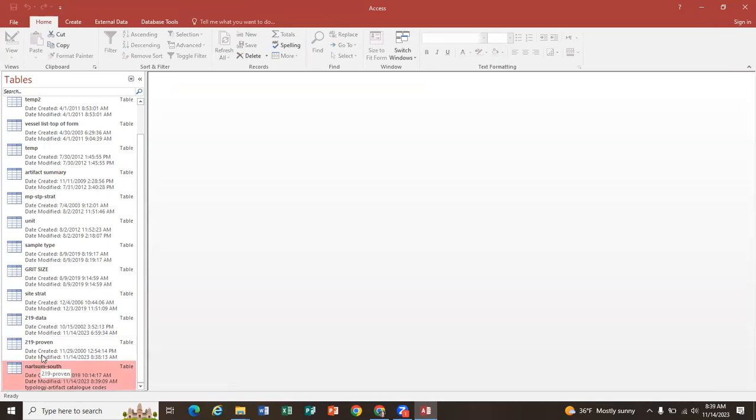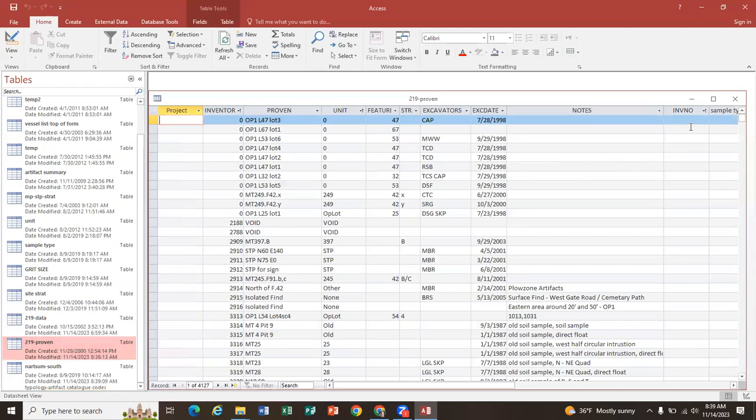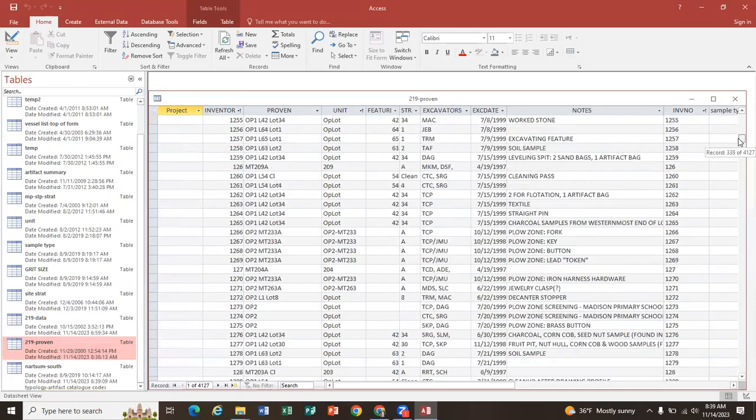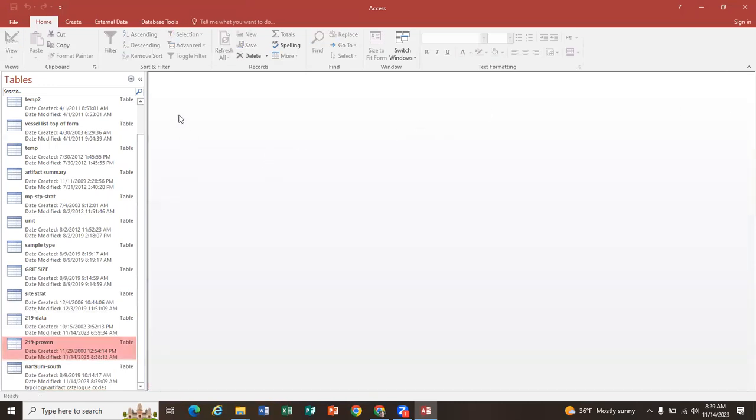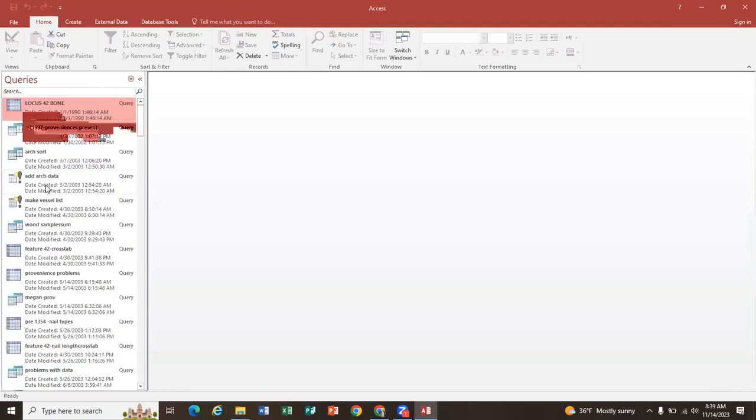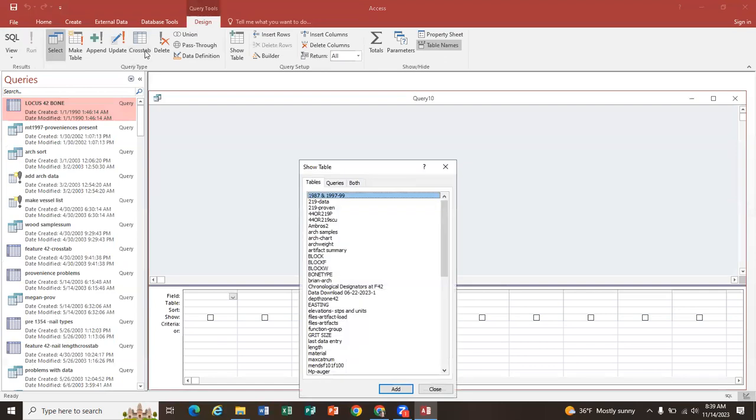But if you go into, say, Provenience right here, this has everything in it with all the different fields that are here. Another thing you can do to look at tables is to go to what's called queries, which is what it sounds like. A query allows you to ask a question of the table, pull in fields, and set criteria for the table. So to create a query, you go to create and then query design,